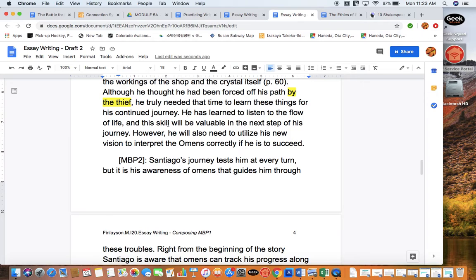He has learned to listen to the flow of life, and this skill will be valuable in the next step of his journey. Good. So now I'm kind of summarizing, which is something that's always a good idea to do at the end of your main body paragraphs. And then we're assuming this next sentence is going to project forward to our second idea, our second main body paragraph idea. However, he will also need to utilize his new vision to interpret the omens correctly if he is to